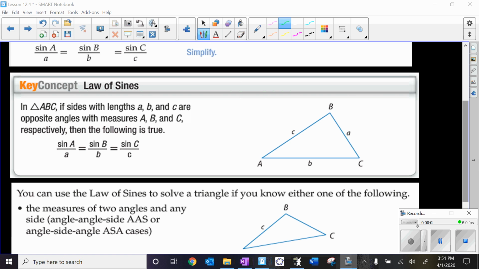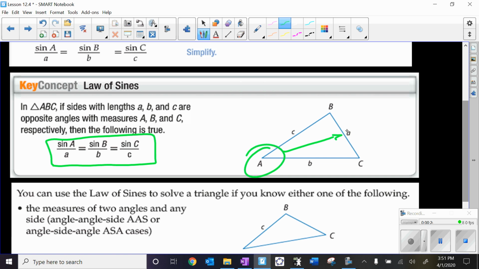The next thing that we're going to look at is using the law of sines to solve a triangle. Thinking back to even last year when you guys did this, law of sines looks like this. And remember, it's going with angle measures and side lengths across from each other. I'm going to use the phrase angle pair relationship. So if I'm dealing with angle A, I need the side length that's across from it,